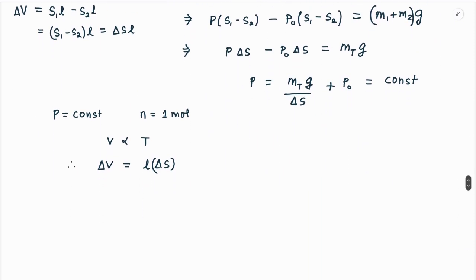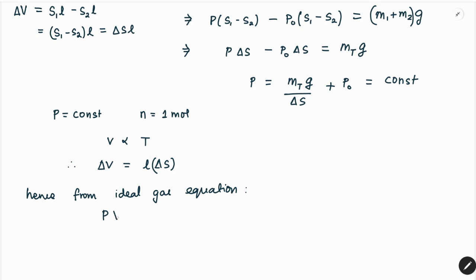So this change in volume is equal to L into delta S. So over here we can write, hence, from the ideal gas equation,